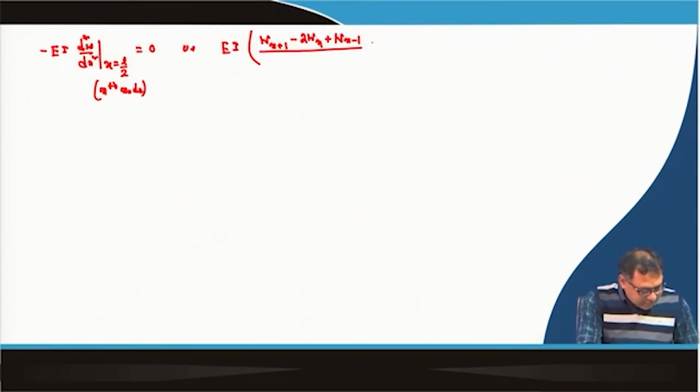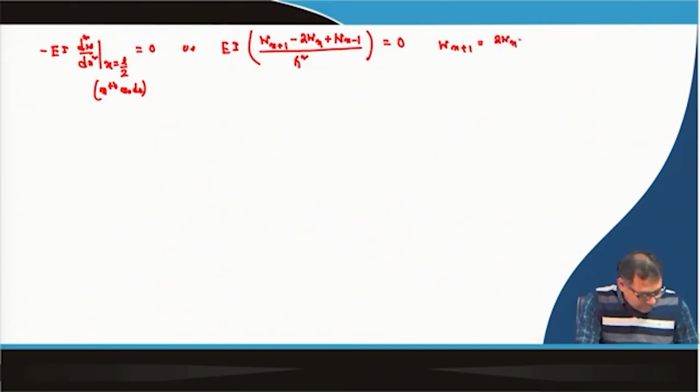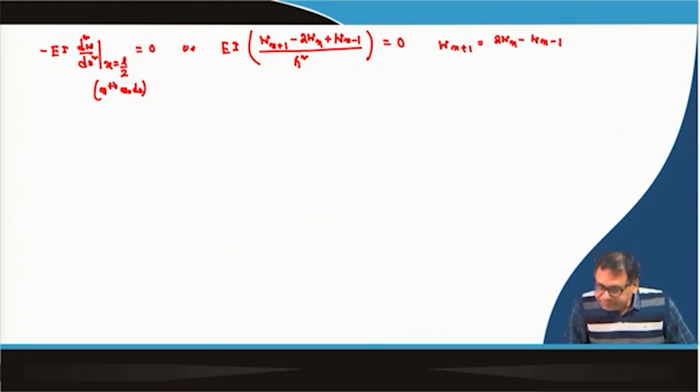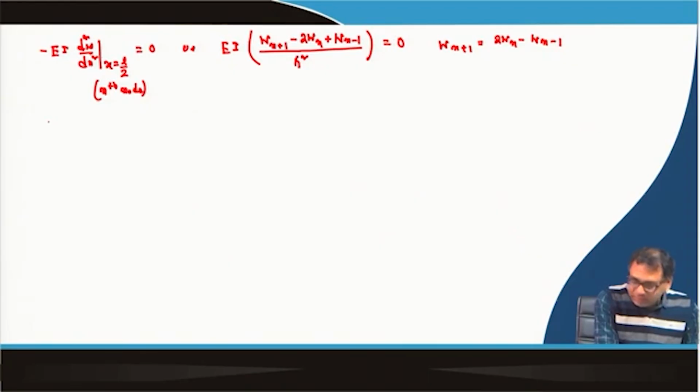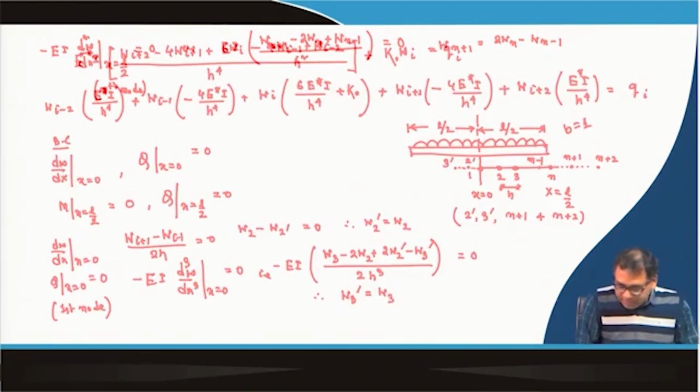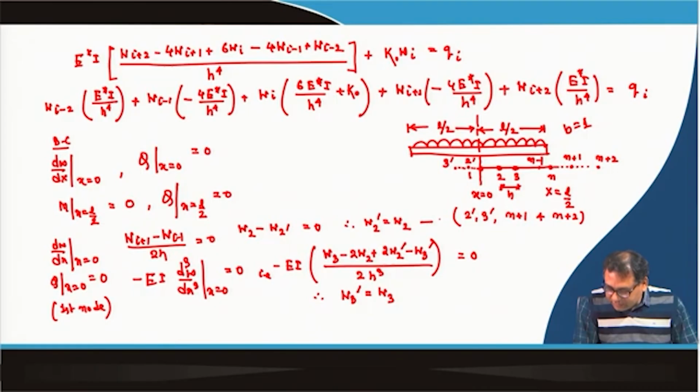Okay. So, this is equal to or a square, this is equal to 0. So, I can write w n plus 1 equal to 2 w n minus w n minus 1. So, this is another condition. So, we have say 4 conditions. This is first condition, this is second condition,